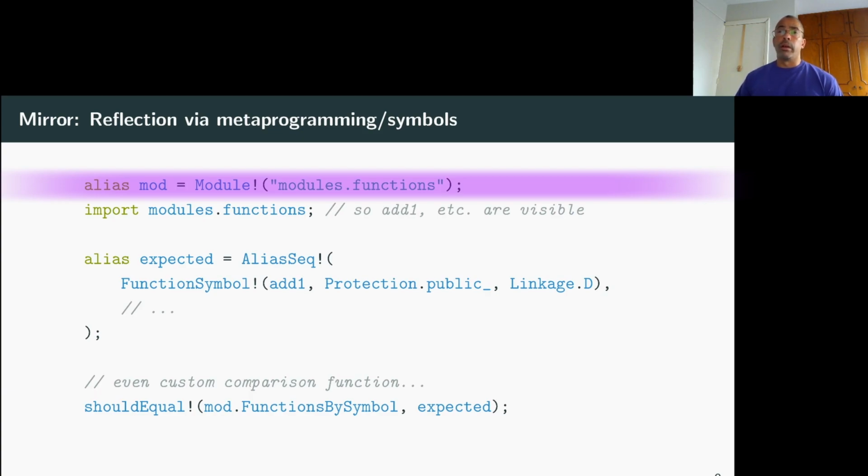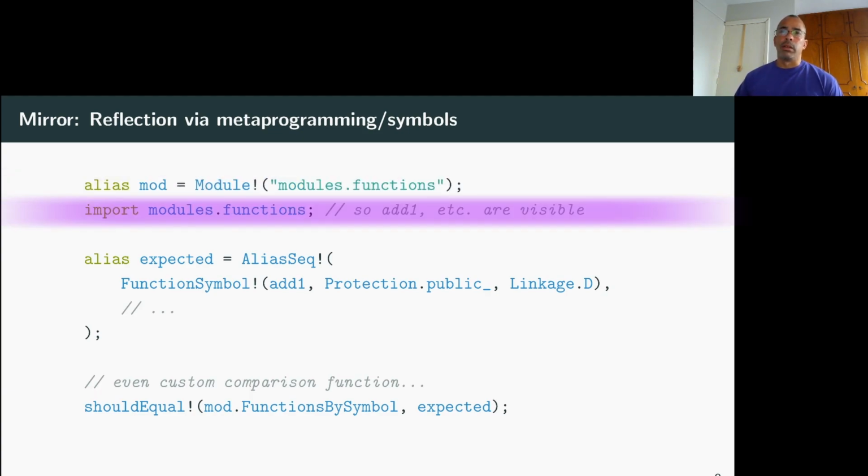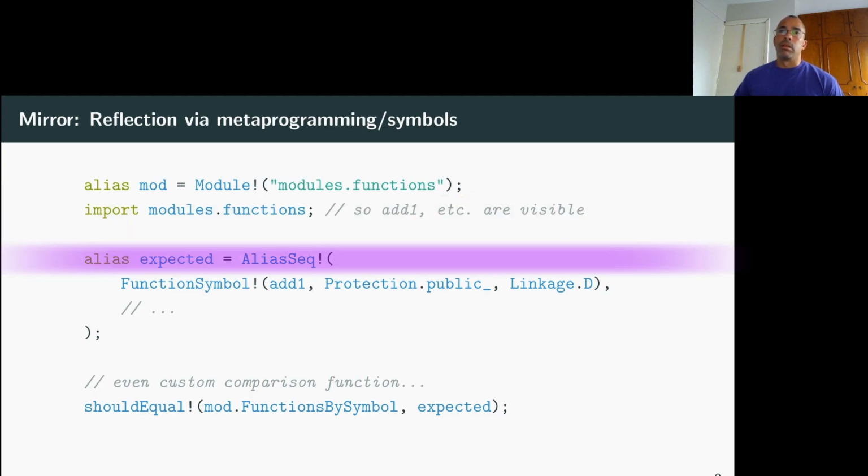Now, why a string? Well, because otherwise you'd have to import that module to have access to it, and then you could pass the symbol in. But that's more work than just giving it the name, and then the template can import it inside of itself. I am importing the original module here, but that's because this code has been taken from a test. And the reason for that is so I can refer to the functions within the module so that I can actually check that I got what I expect. Because it's a template and not a value, I have to use alias here, and an enum wouldn't work either for obvious reasons.